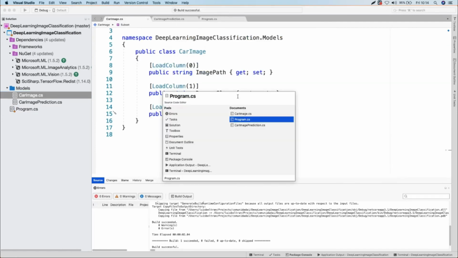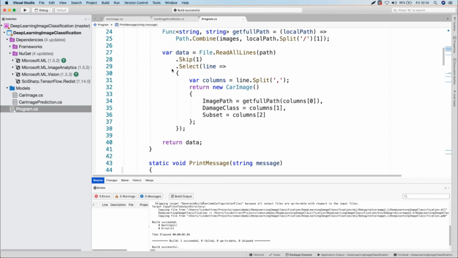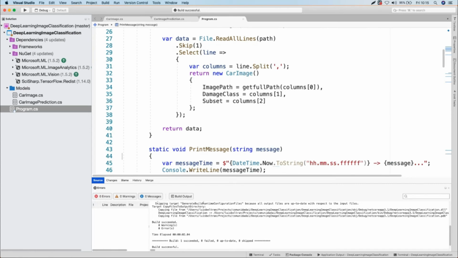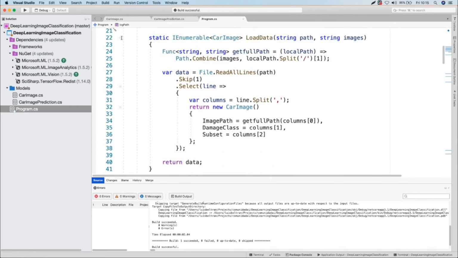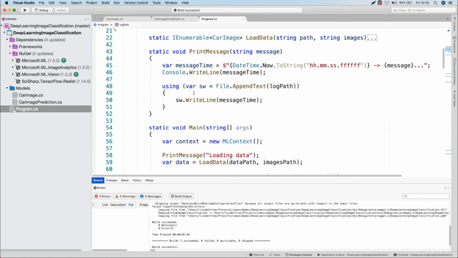So I have a list of this information here in memory, but this is just a list. This is still no ML.NET. This is just classic C#, because I'm just reading a file. Then, this print message, of course, is just to display some output.